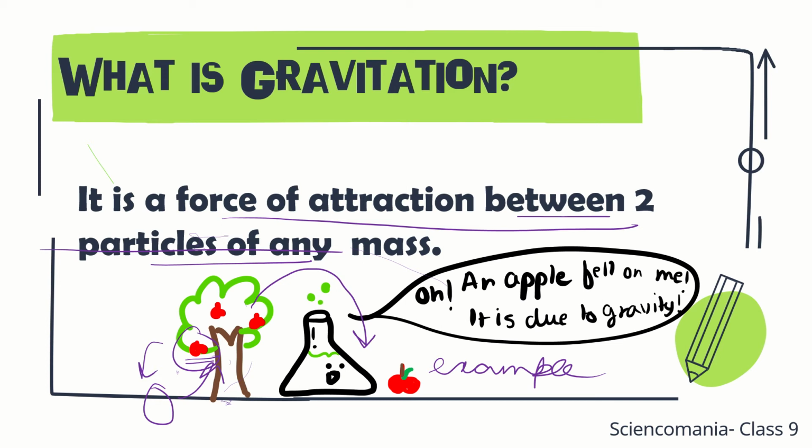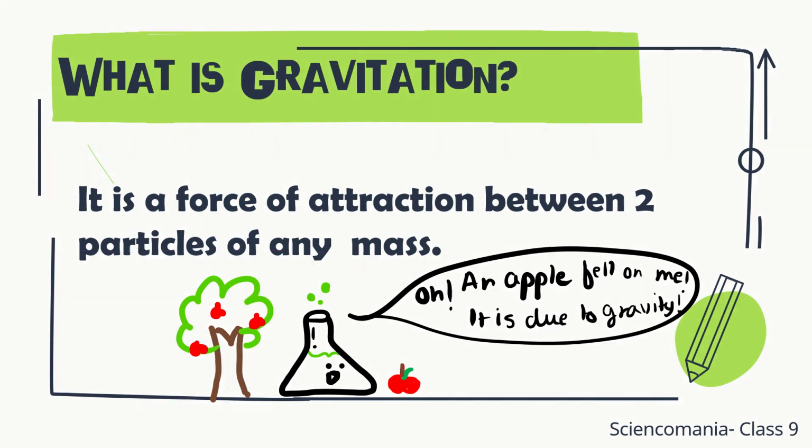Now the question arises, when the apple falls towards the ground, why can't the ground move towards the apple if they both are attracting each other? It is because the ground has a very huge mass as compared to the apple. This helps the ground to attract the apple more easily. And due to its huge mass, it is impossible for any object to move towards a lighter object.